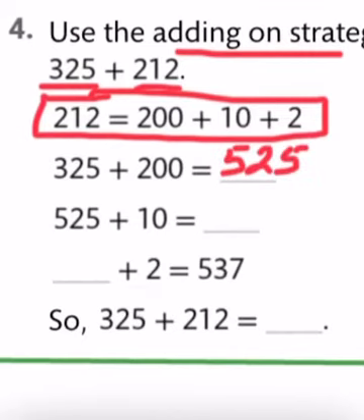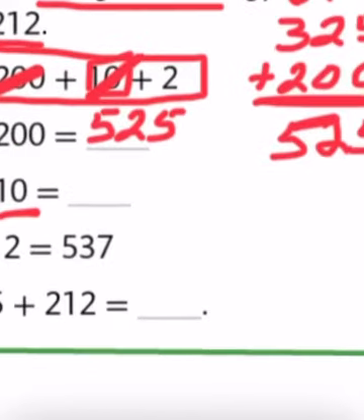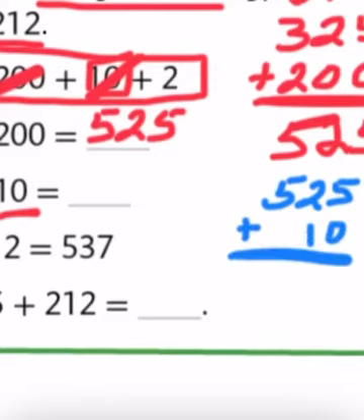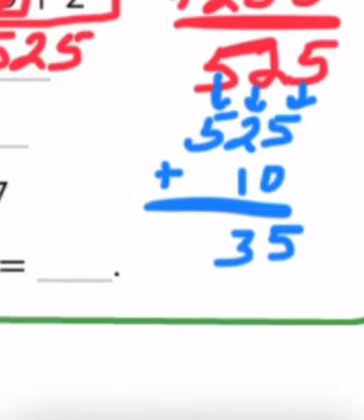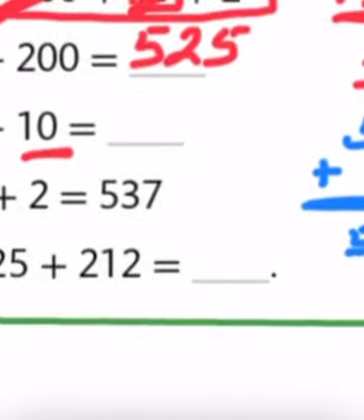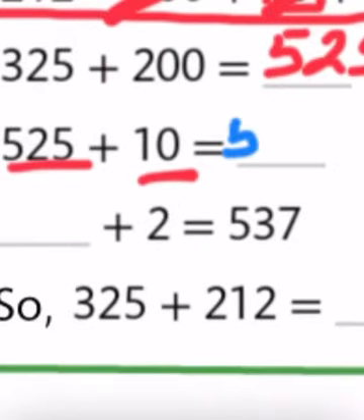And then we go to the next section. So we added the 200. Now we're going to add in this 10. I'm going to cross that off right now. 525 plus 10. And again, we might have to even write it out. 525 plus 10. Add up my ones column first. 5 ones plus 0 ones is 5 ones. Then I add up my tens column. 2 tens plus 1 ten, 3 tens. And finally, my hundreds column. 500 plus nothing is 500. So 535. 525 plus 10 equals